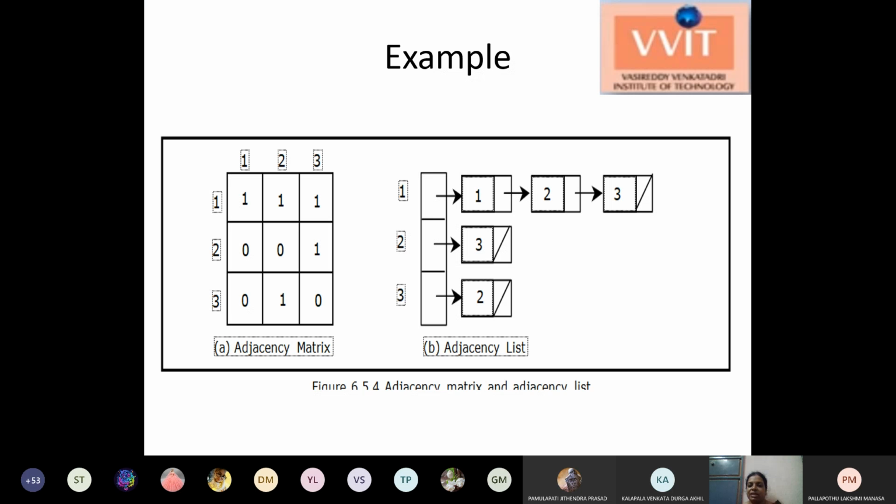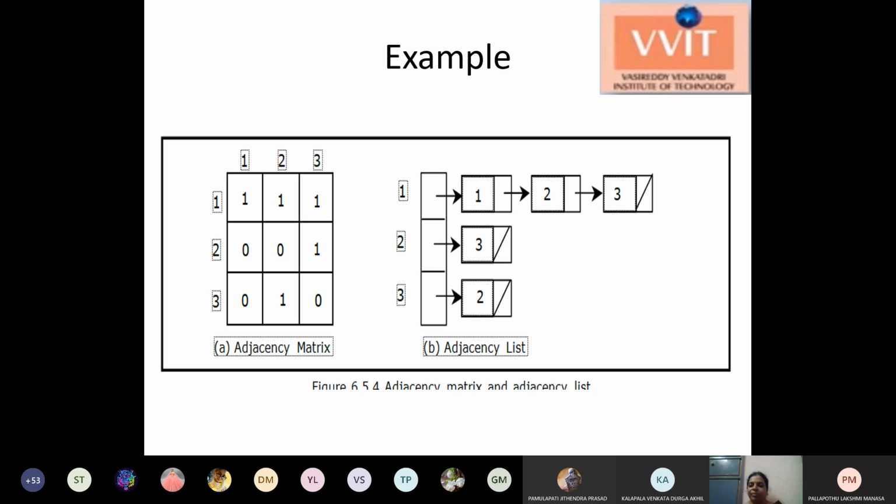For vertex 1 there is one linked list connected to it. Each adjacent vertex is written as a node. For vertex 2 there is one adjacent vertex, so one node in the linked list. Vertex 3 has one adjacent node, so one node in the linked list.